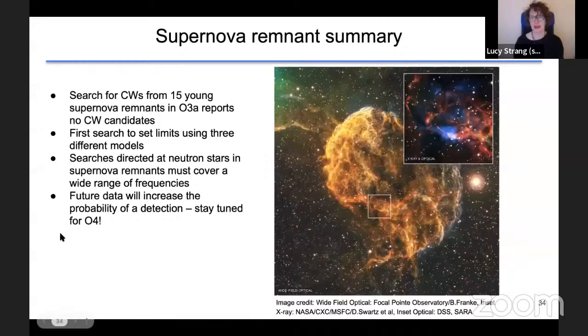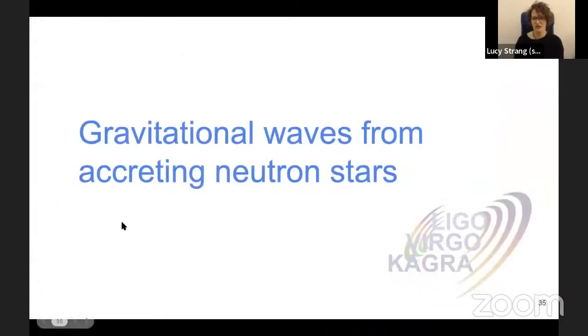Now, the last thing we have to talk to you about today is a slightly different scenario, where instead of an isolated pulsar, as we heard from Paratosh, or an isolated neutron star surrounded by a supernova remnant, we're going to be looking at a neutron star with a binary companion, and that affects the way these systems evolve. I'm going to hand over to my friend Andres for that discussion. Thank you.